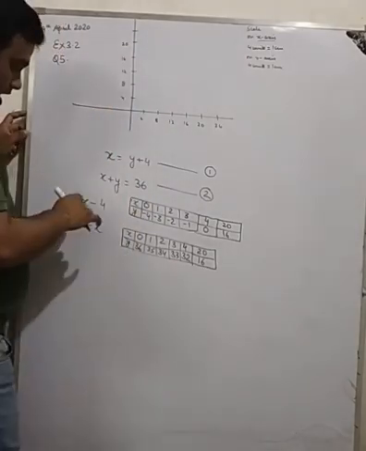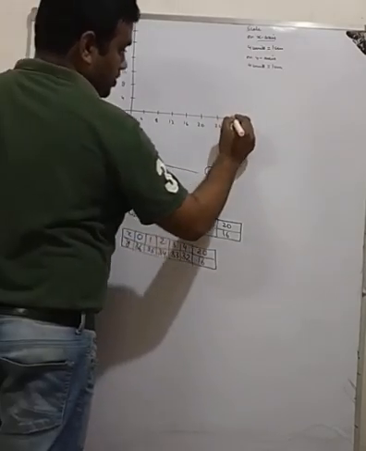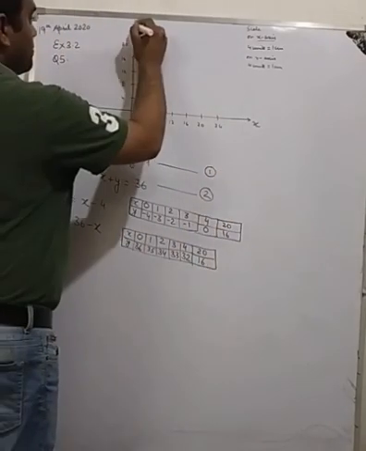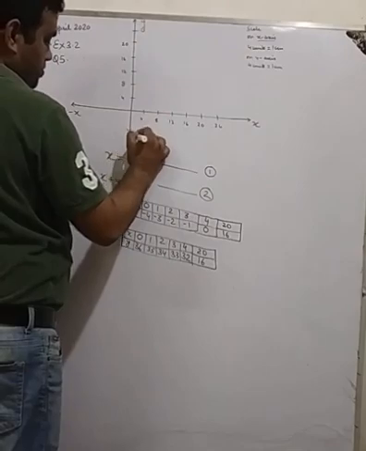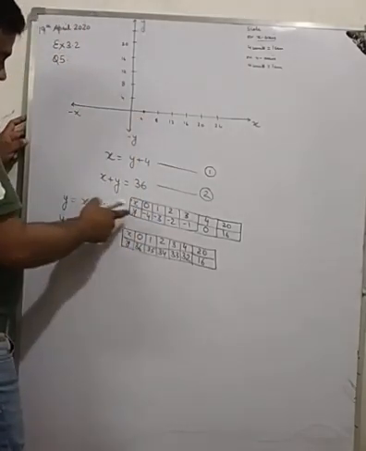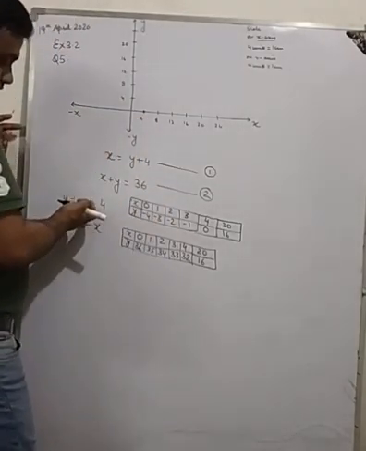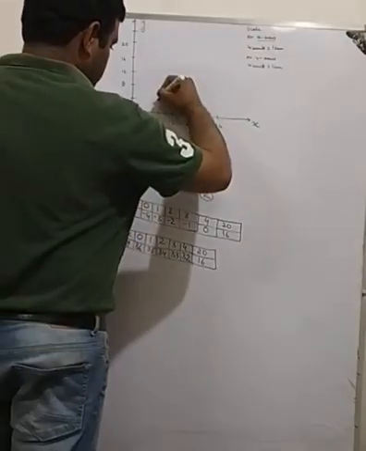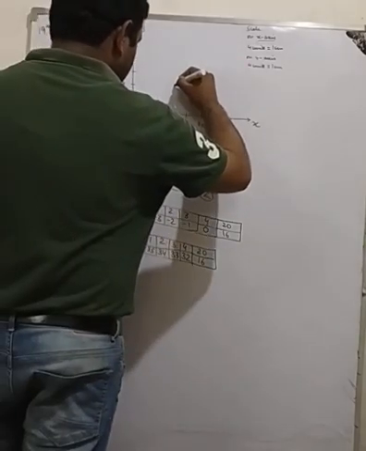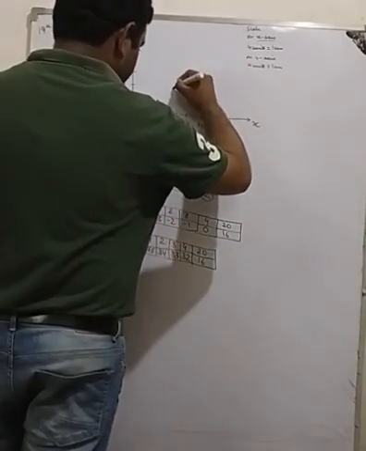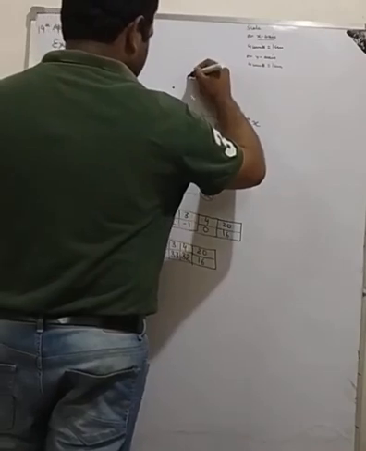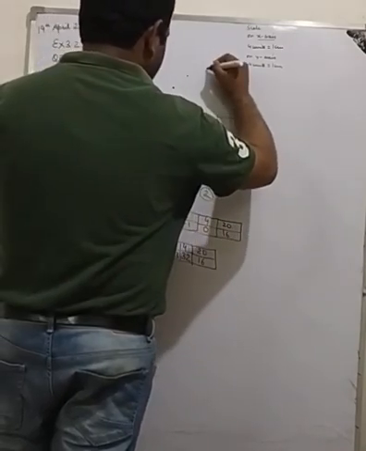Now if we see at x is equal to 4, y is 0, starting from here, the first graph. At x is equal to 8, this is 4. At x is equal to 12, this is 8. And x is equal to 16, this is 12. And at 20, this is